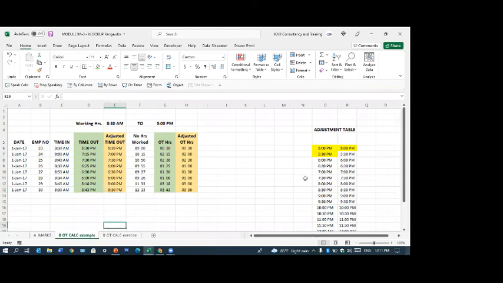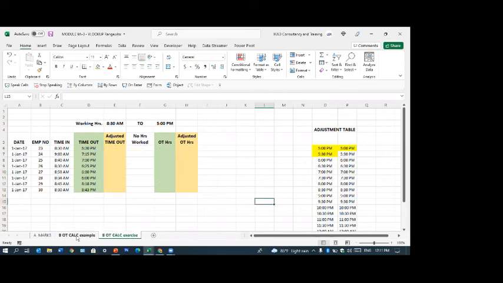Look at the table. This is my table. 5 to 5:30 is shown as 5. Can you see? So 7 to 7:30 will be shown as 7. Right? So here we are. Go to the other one. Do the exercise. This is the example. This is the exercise.